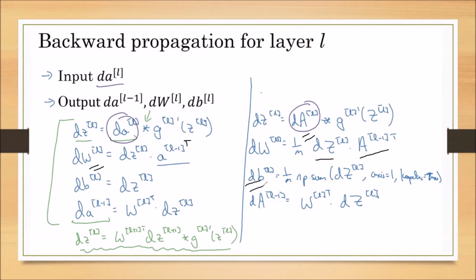Now dBL is equal to 1 by m into np.sum of dZL with axis equal to 1, because we want to perform the column wise sum. This will find the column wise sum, and keepdims equal to True keeps the dimension, so whenever we get 3 comma, here we are getting 3 comma 1. In the last step we are writing capital dA, and W will not change even when we use a single training sample or m training samples; the dimensions of W will not change. This is how we have vectorized the back propagation.